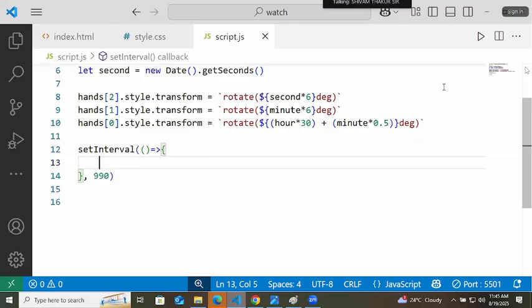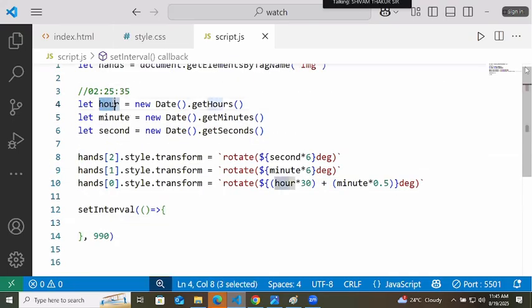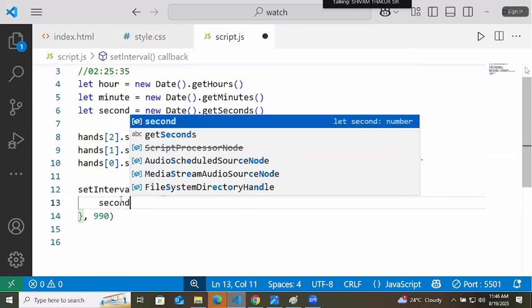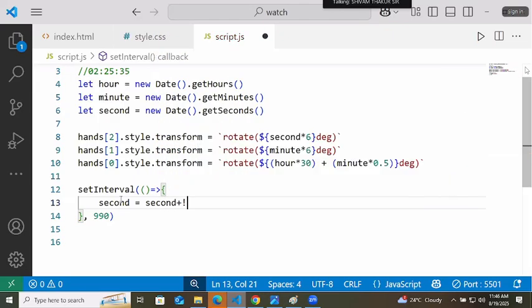Now in the function, you just have to change the values of hour, minute and second. So after every second, what will be the new value of second? Second plus 1, or not? After every second, 1 second will increase.